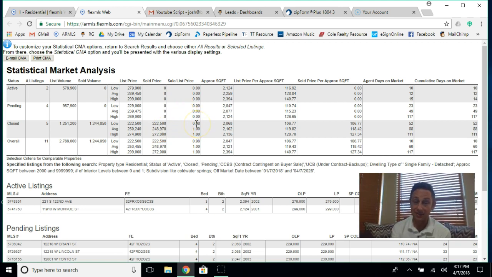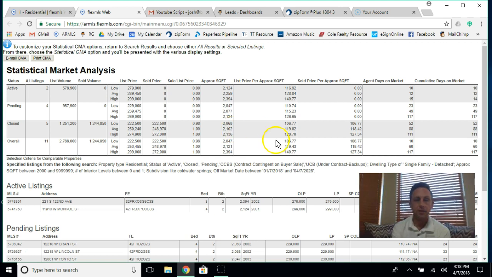Now, here's where it gets a little interesting. In our market right now, you're going to see, in many cases, this go 1.1, 1.2. What that is, is the percent of the list price that it actually sold for. So in this case, on the low side, 98%. On average, though, they did sell for asking price, but it doesn't appear any of them sold for over asking price. And then average square feet of what sold was 2,102